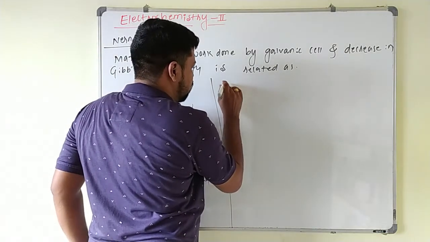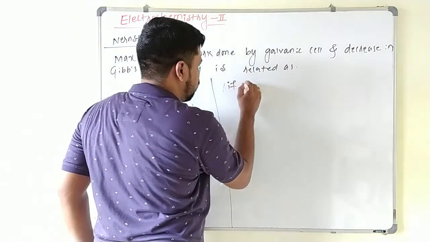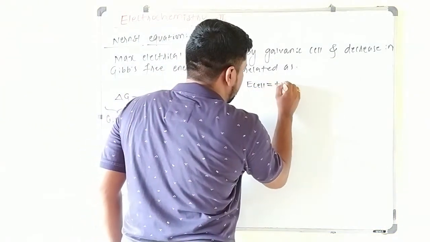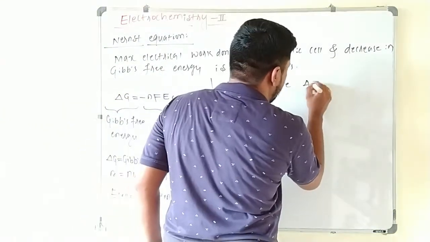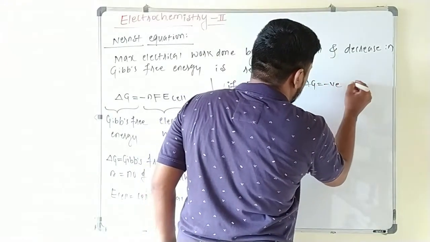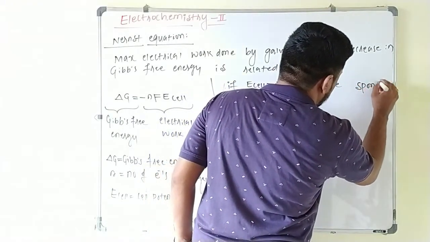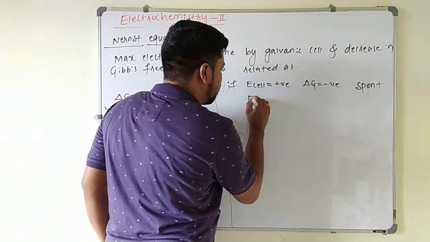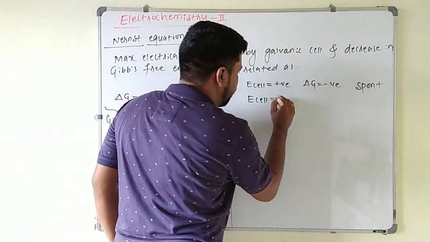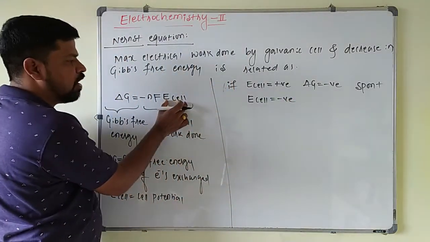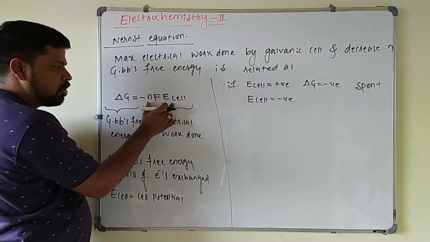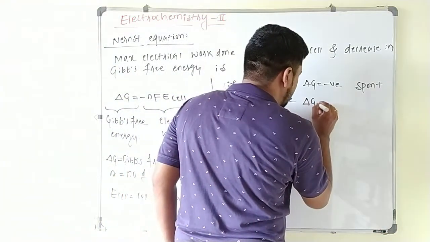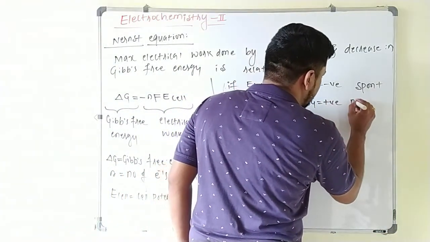If E cell is positive, delta G will be what? Negative. So the process becomes what? Spontaneous. Another possibility is if the cell potential is negative, this negative into negative becomes positive, then delta G value becomes what? Positive. If Gibbs free energy value is positive, already we know that it becomes